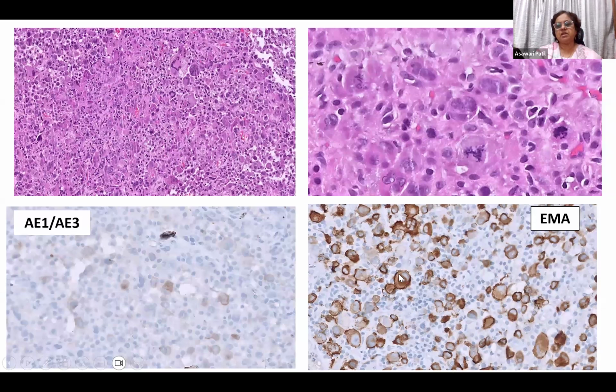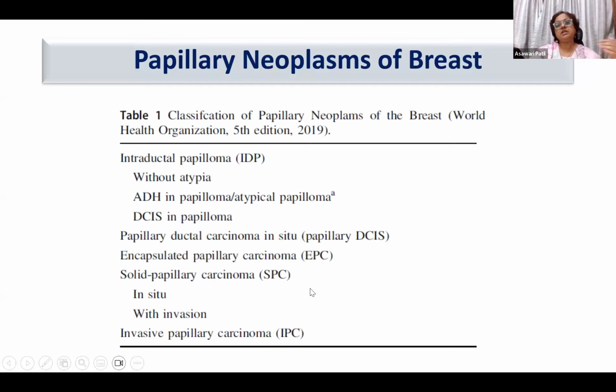EMA is positive, epithelial membrane antigen is positive. So a battery of immunohistochemistry panels is usually required for a definitive diagnosis. Coming to papillary neoplasms, how can we utilize them? If you see the